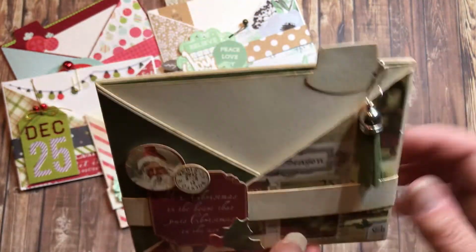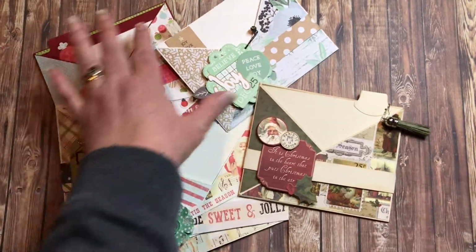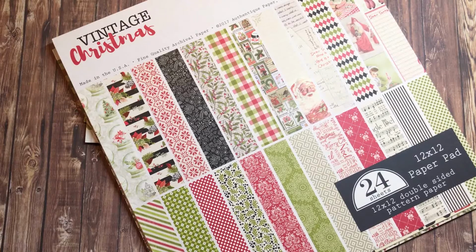And it just slides back in there. So they're my little crisscross cards. They're really fun to create. So doing something a little bit different than an opening top loader that I seem to do, or a side opening. My next lot of cards, I used the Vintage Christmas again by Authentique, and these are so easy to